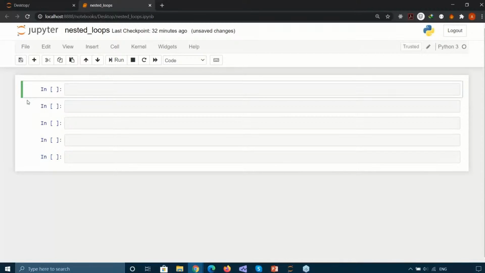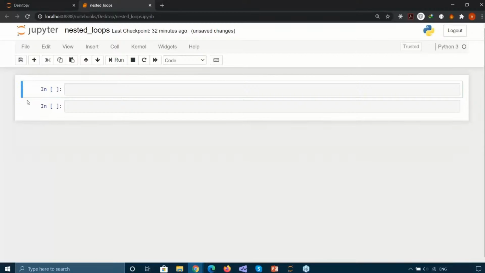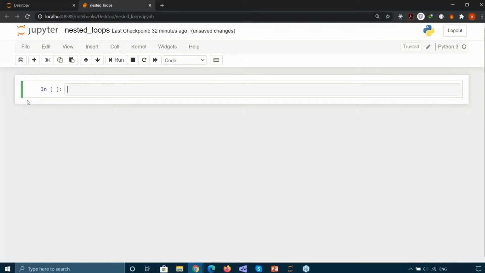There are many other ways of dealing with loops, but nested loops are quite important when you're dealing with multidimensional data, as we have just seen, when there are lists nested inside other lists. Also, there's no requirement that you have to use for loops inside other for loops. You can nest loops and mix and match those. So I can use a while loop inside a for loop that is nested inside a while loop. You don't really have to nest just 2 loops. You can go really deep,